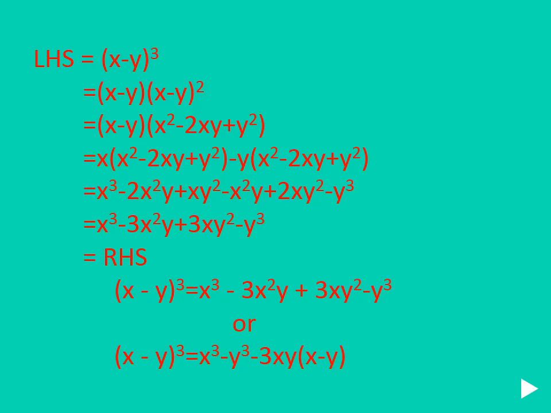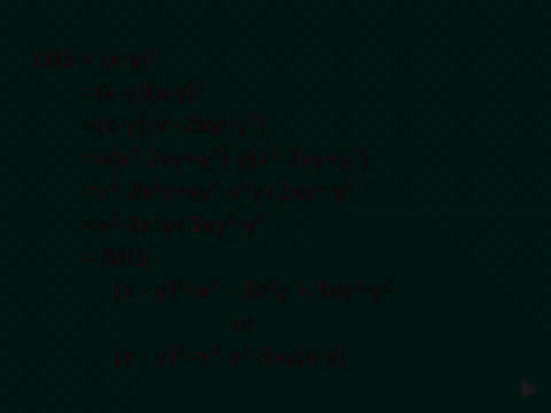What is the formula we are having now? (x minus y) whole cube equal to x cube minus 3x square y plus 3xy square minus y cube. This time also we can write the formula in a different way, so that you can use it for problem solving. So (x minus y) whole cube equal to x cube minus y cube, cubical terms first, minus 3xy is common, then the remaining terms in the bracket x minus y: x cube minus y cube minus 3xy into (x minus y). So we completed the 7th identity.